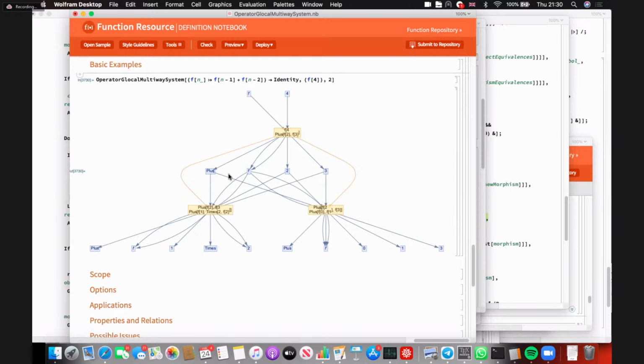Right. And so my initial thought, although this might end up being completely incomprehensible, is that right now we have two versions of edges. We have the causal edges between the rewrites, and we have the evolution edges between the tokens. My initial idea was to superimpose a third kind of edge that showed essentially the parent-child relationships between elements of the expression tree. Yeah, I agree. I think that's the thing to try doing.